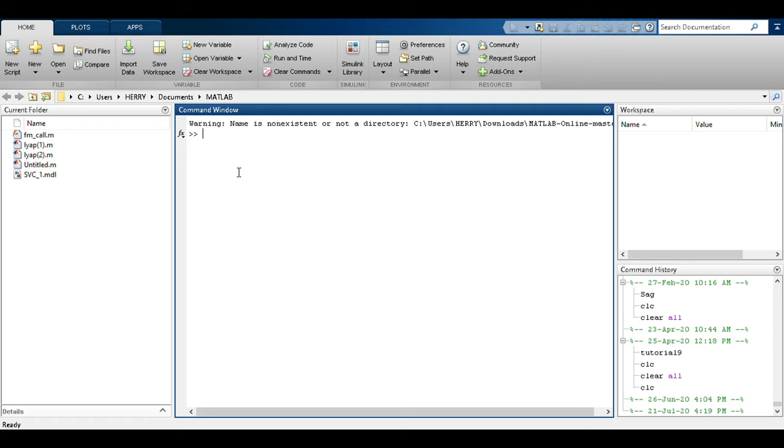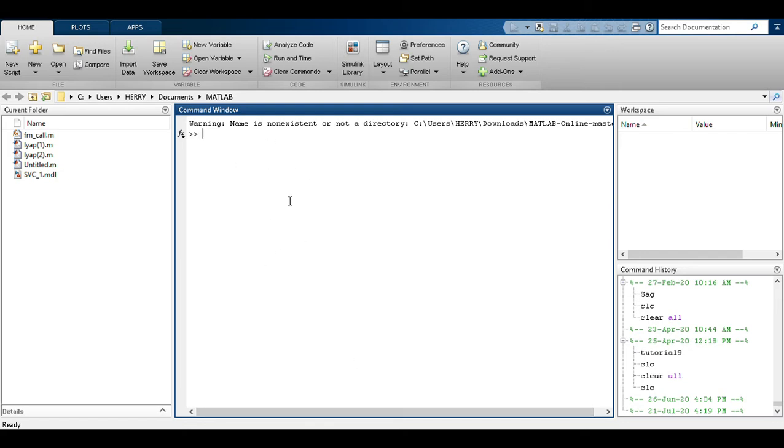Okay, this is your command window. It will start with a prompt icon, so whatever I write in this window will work as a calculator. Here it is your workspace, which is nothing but your memory. Whatever variable I am using in the command window will be stored in your workspace. And here it is your command history.